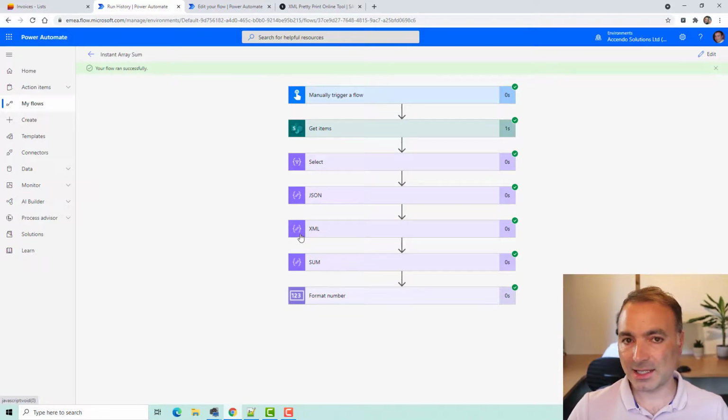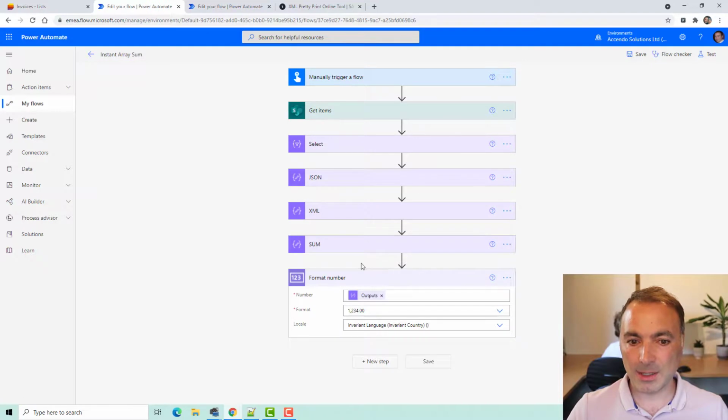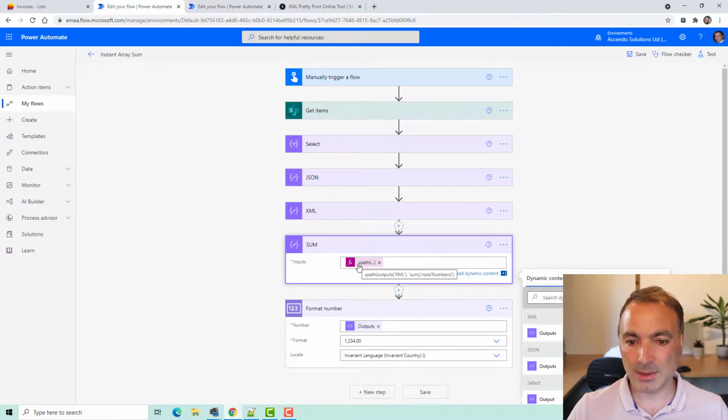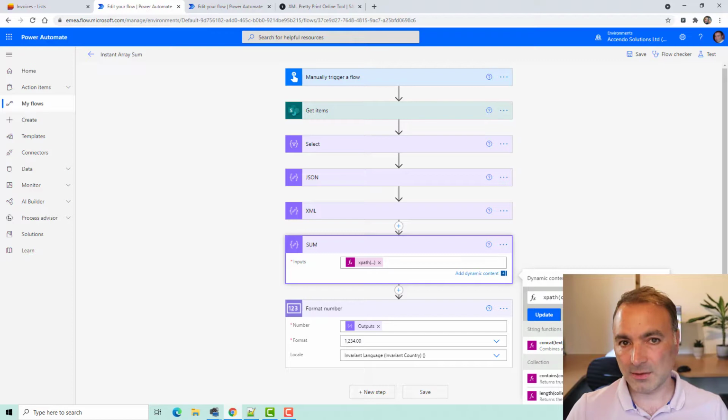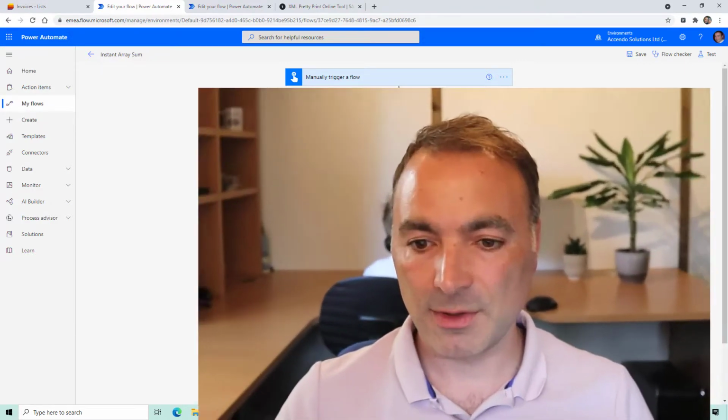So this is an excellent method, a kind of a hidden gem, which I think that XPath function is, because XPath itself includes lots of functions which are maybe not obvious instantly when you first start using Power Automate, but there's a ton of power within that XPath method which we can exploit to make more efficient flows.